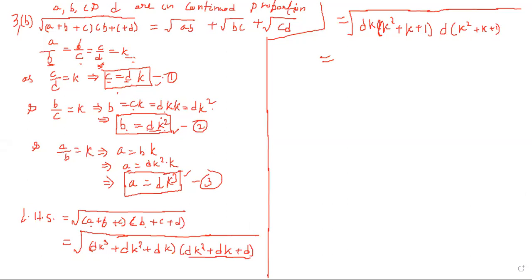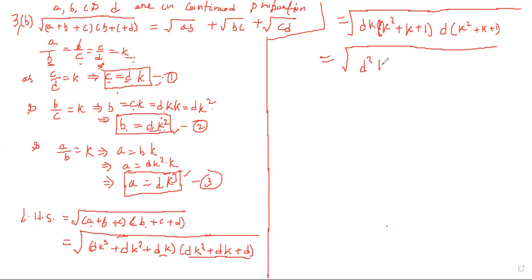So it is then dk cube plus dk square plus dk, from where we have taken dk common. So first term is k square, second term is k plus 1. In second bracket, d is common, so it is also giving k square plus k plus 1. So square root of d into d,